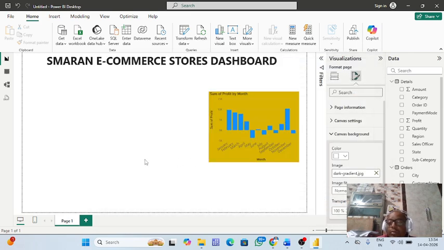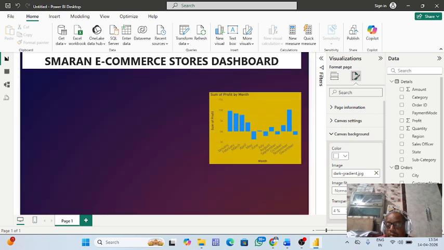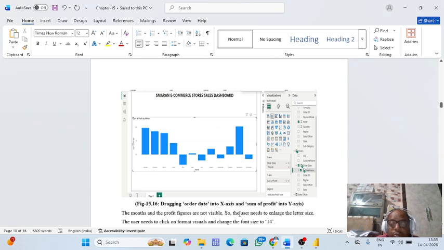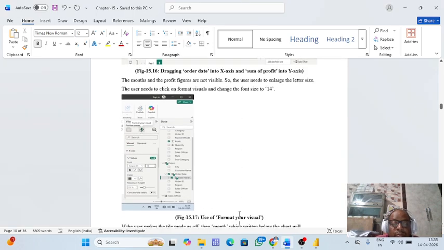So now, and again, transparency should be zero. Once you are doing that, okay, it's okay. So it looks like this. So now the dashboard background color has been changed and the chart color has also been changed. Now the next chart that we are supposed to add in this is